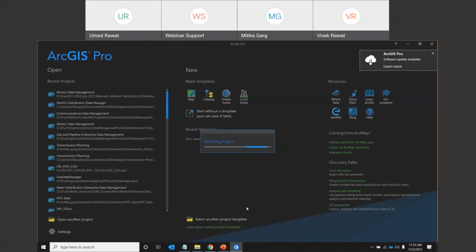So, if you understand the utility network, once it opens it will give you a brief of the feature classes. Earlier, we could add 10, 20, or 100 feature classes, but now they have fixed it: all the point features go into device, all the line features into line, and all the polygon features into polygon, device polygon features or a service territory.